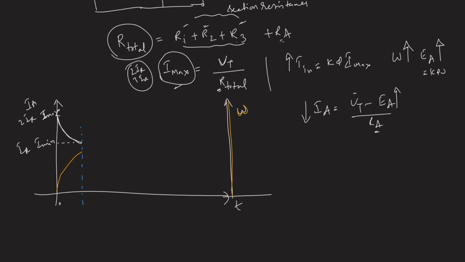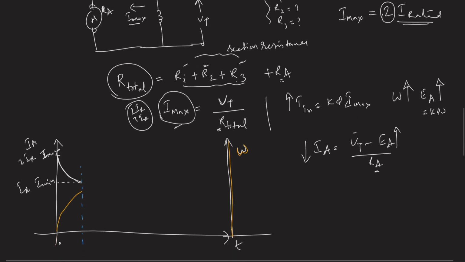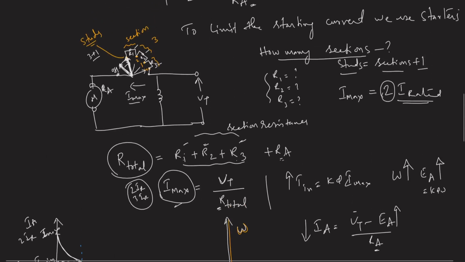So when it comes to the minimum value, again I shift the stud to the second position. So what happens when I shift the stud to the second position? Right? What happens when I shift the stud from this position to this position? So this resistance is now short circuited, not short circuited, it is eliminated from the circuit. So my new resistance will be only from here, this part is now eliminated. So it will go from here to the stud 2, 3, and then complete the circuit, right?